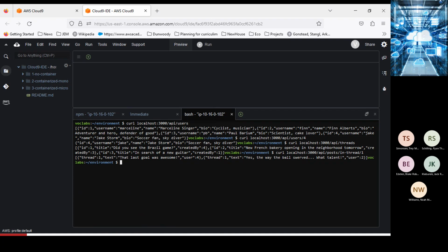Okay, we're going into task 3. We're going to containerize the beast. So what we want to do is we are going to go